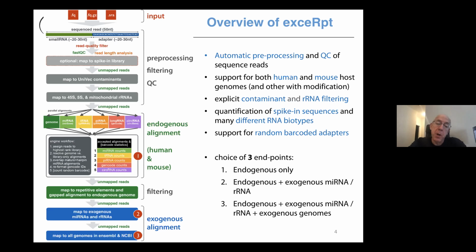We do a second pass alignment against the host genome to remove reads that we potentially don't want to use for quantification, but that potentially come from the host genome. And then we do steps 2 and 3 in the pipeline, where we map against exogenous genomes. First known exogenous microRNAs, exogenous ribosomal RNAs, and then the full genome sequences for a whole host of exogenous genome sequences. And all the data in the exRNA atlas by default runs to the end of the pipeline, but when